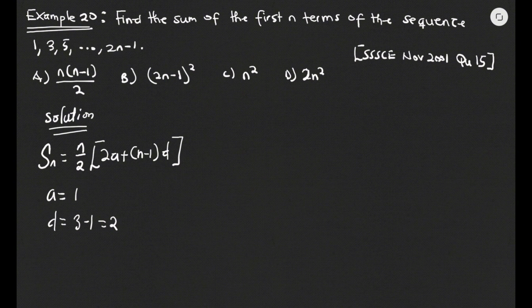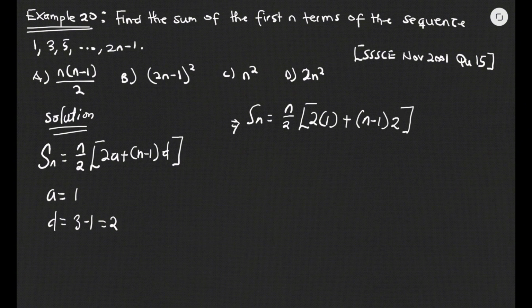The value of n was not specified, so I only have a and d to substitute into this formula. So if I do that substitution, I'm going to have Sn equal to n over 2 into bracket 2, the a is 1, plus n minus 1 multiplied by d,